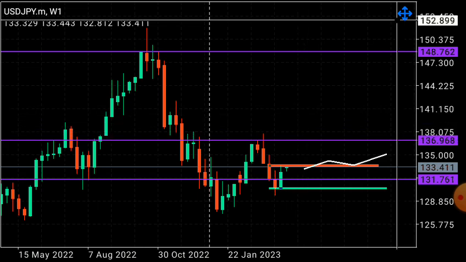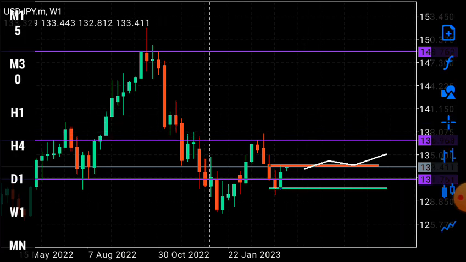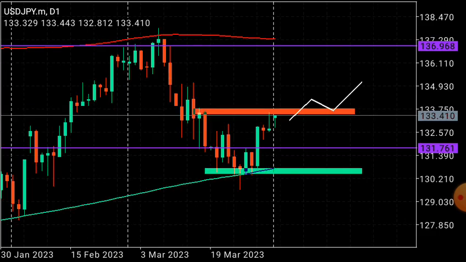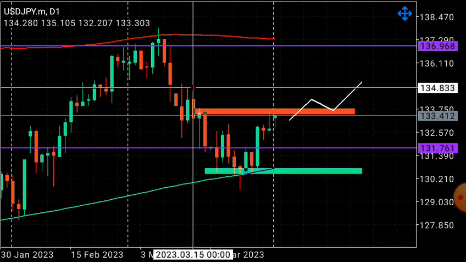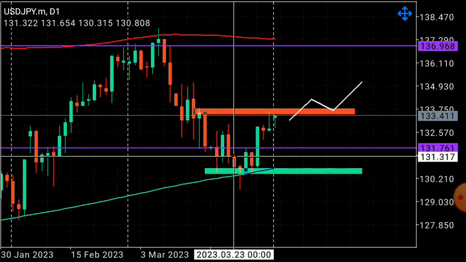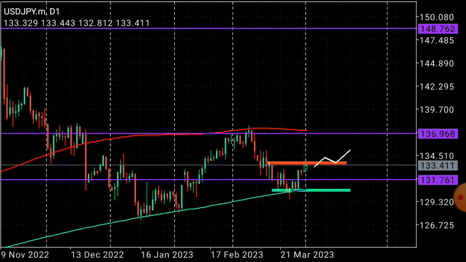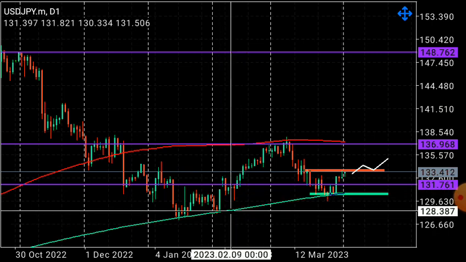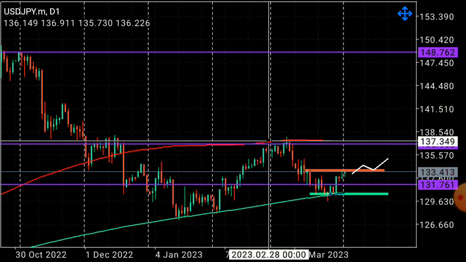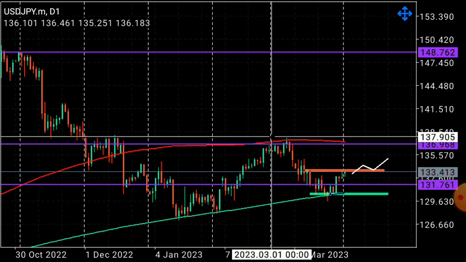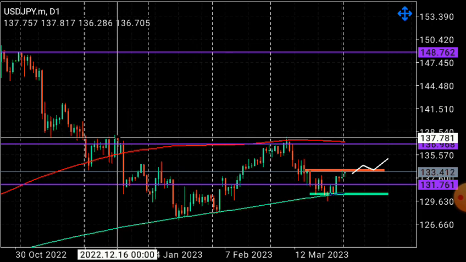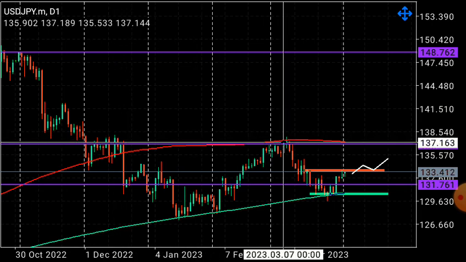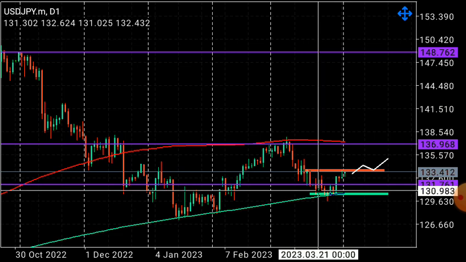So let's jump to the daily. On the daily chart, we had a downtrend. Price came in with a downtrend. Let me zoom it out a bit. If you can see, we had a downtrend since January, and then price impulsed, still maintaining the downtrend because the high was here. It failed to break out of this high and currently pulled back to test the previous low.